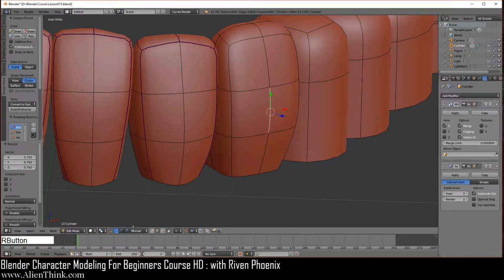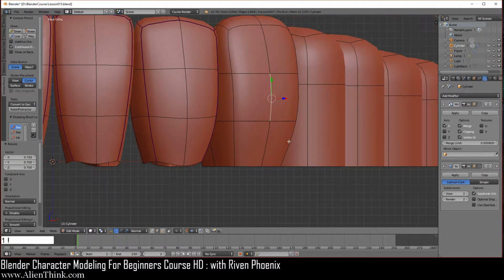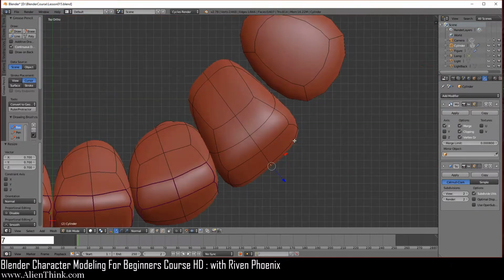Now we're going to click on this. Now remember, we have the normals on, so we really want this blue arrow. Now if I do the front view, I can get to the blue arrow here, but it might be a little tricky, so might as well just do it from the top view. Click on the 7 key to go to the top and bring this out.